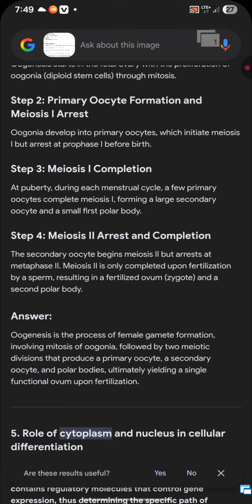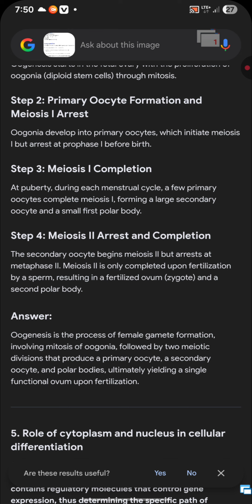5. Role of cytoplasm and nucleus in cellular differentiation. Answer. The nucleus contains the genetic material, DNA, that dictates all potential cell fates, while the cytoplasm contains regulatory molecules that control gene expression, thus determining the specific path of differentiation. The nucleus provides the blueprint for all cell types. The cytoplasm, however, contains maternal mRNAs and proteins that are unequally distributed during cell division. These cytoplasmic factors act on nuclear genes, turning specific ones on or off and steering the cell towards a specialized